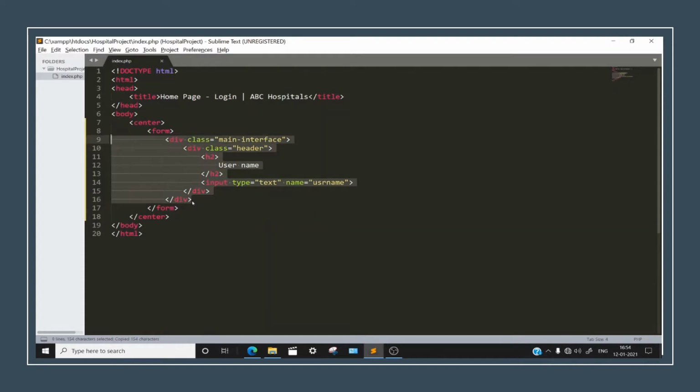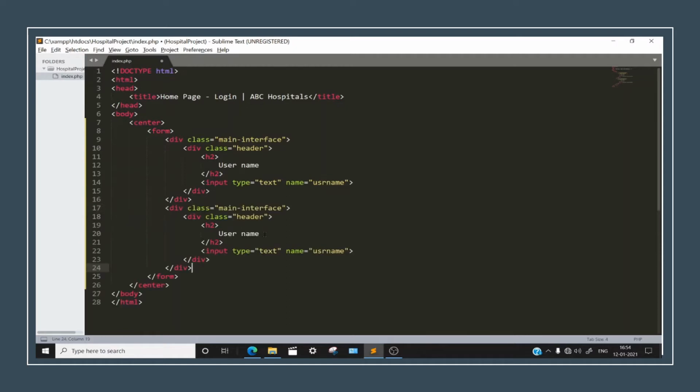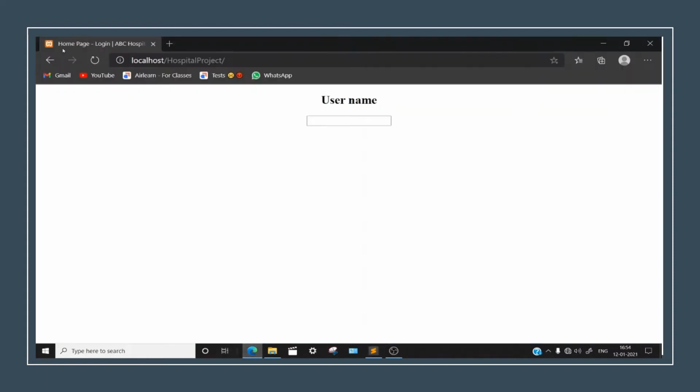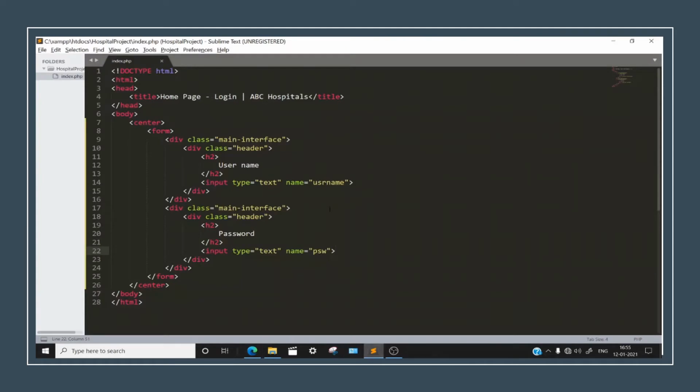Let's copy this first of all, head down and make this for password. Let's keep this as PSW. You can keep any name, but if you follow this way, you might be able to do it easily. And now we have username and password. Perfect.